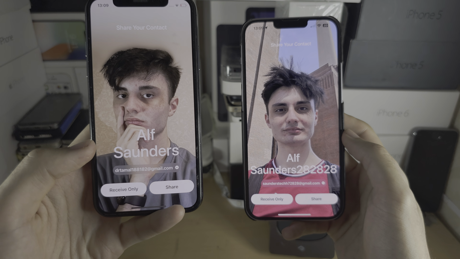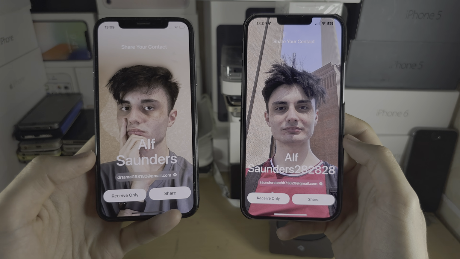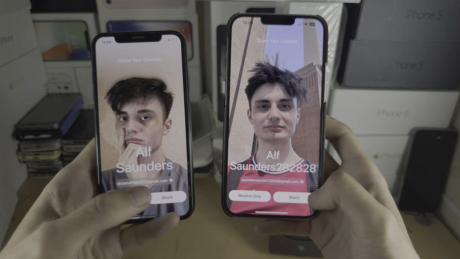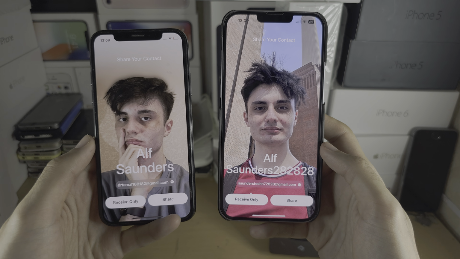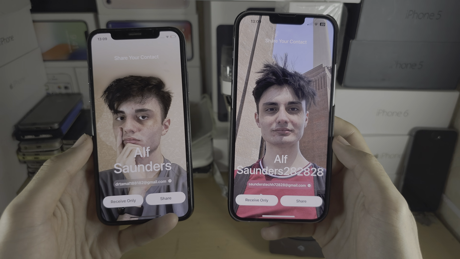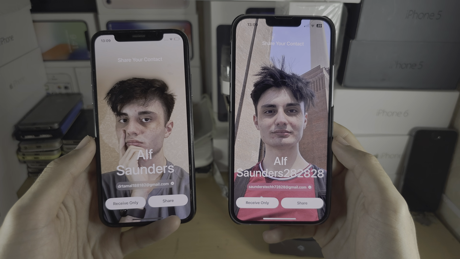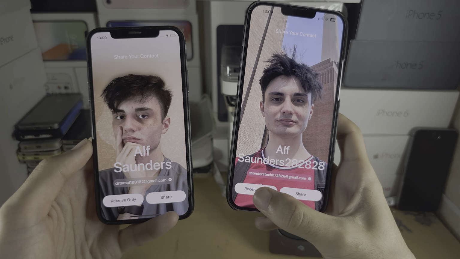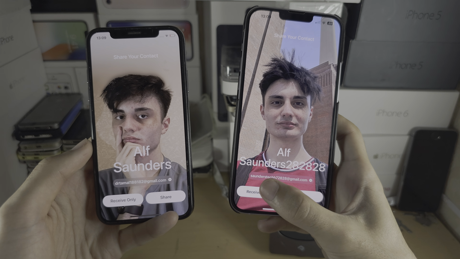You're going to see your contact poster show up, your name, and your contact information. If you tap on Share on both devices, you will share your contact and it will be received on both ends as well. If you select Receive Only, then you will only receive your contact and you will not share